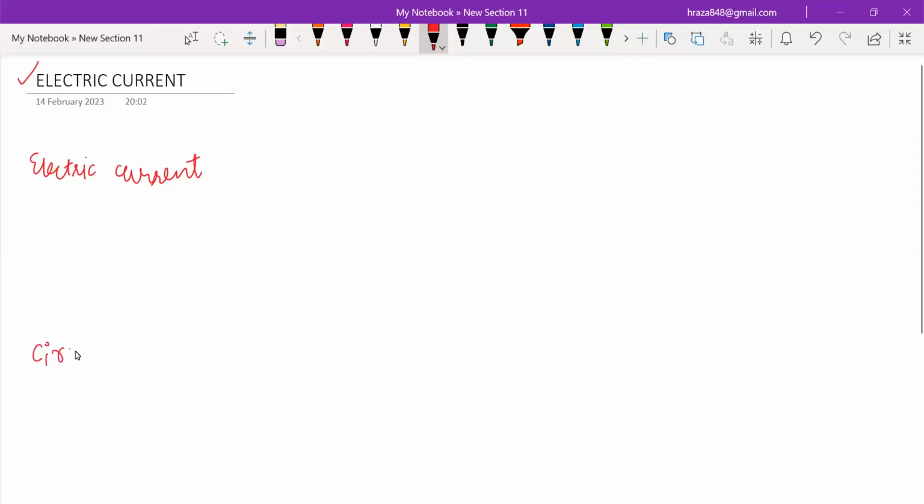Circuit or electric circuit. So I'm going to define electric current. Electric current is basically the flow of